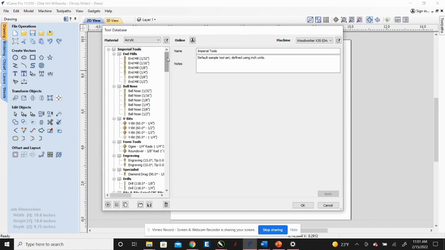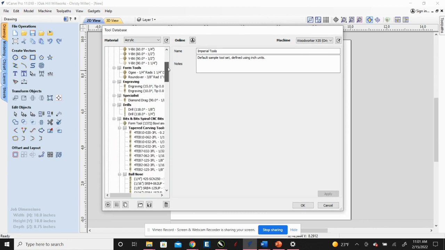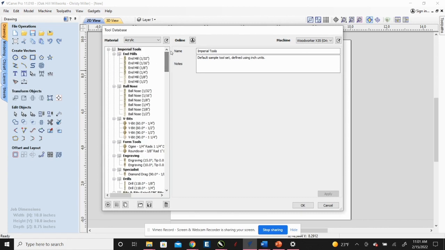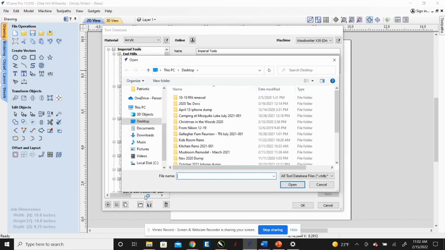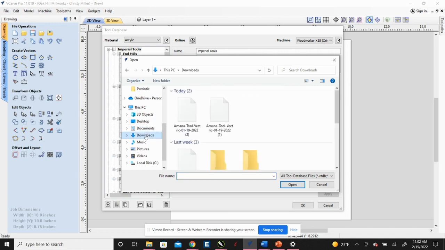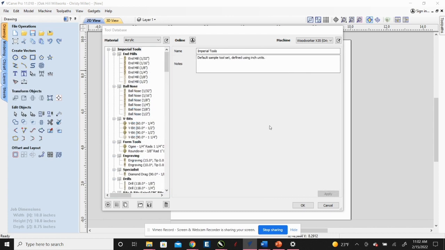Now I have already imported the file that I'm telling you about here, but if you were to do it, you would come to this little folder. It says import a tool database. You would click on that. And like I said, guys, this is a major cheat code here. So this is important. You would go to your downloads, and I've clicked on this to show you guys the example, but then you would select it, open it,